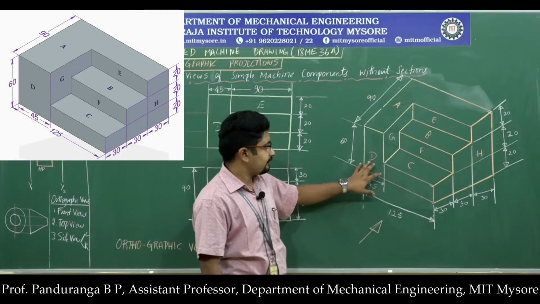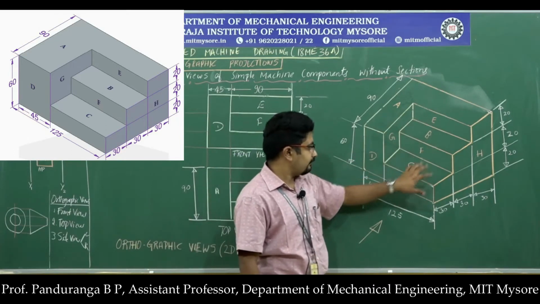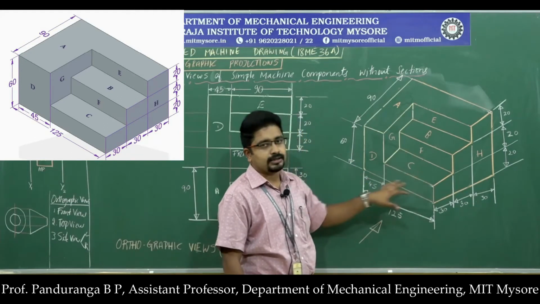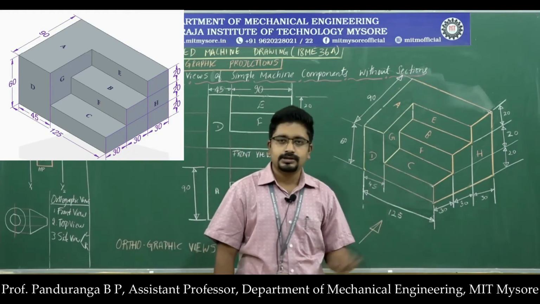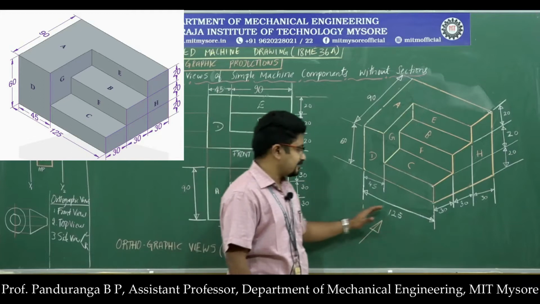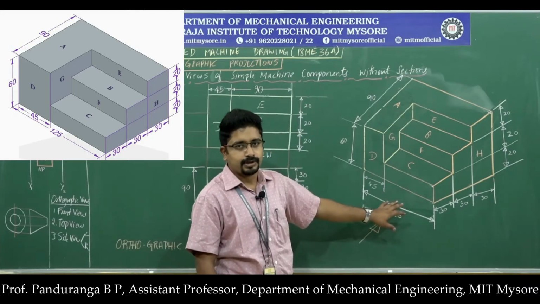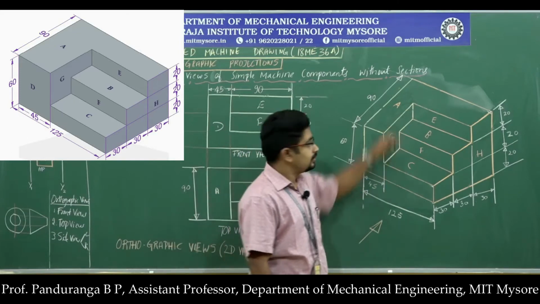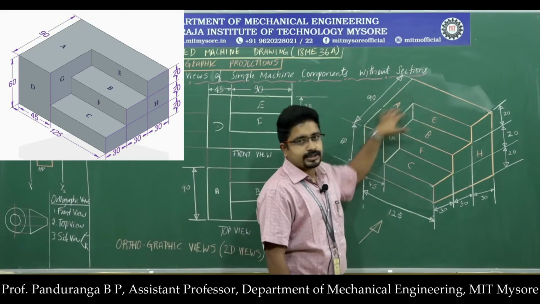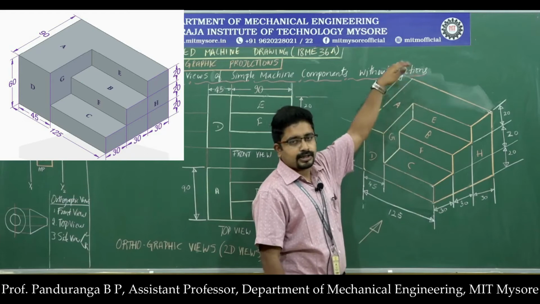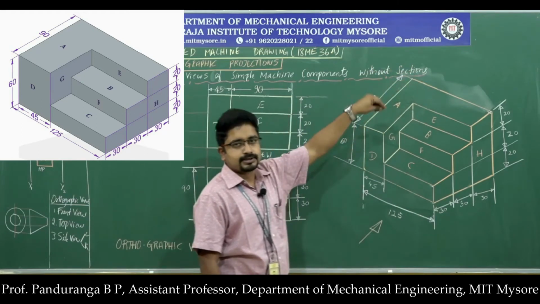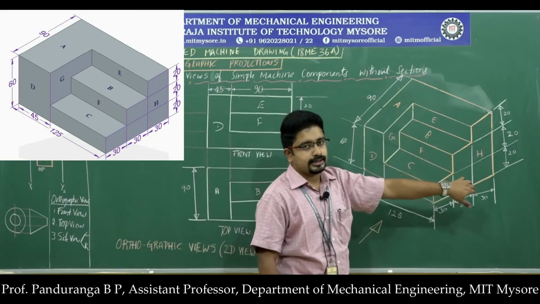I can see surfaces D, E, F, and I will get the maximum dimensions with that. So I will call this the front view, and in this problem you need to draw the front view, then the top view. This becomes the surface A. When you are looking at surface A, that becomes the top view,